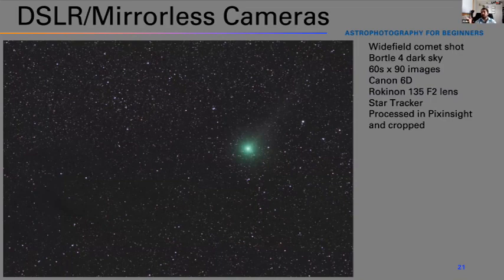And the Rokinon or Samyang 135mm f2 lens is, in my opinion, one of the best deals available right now for wide field astrophotography. And I have it right here. So this is my setup. I just put a dovetail underneath so I can hook it up to my astro mounts. But again, it does a great job.